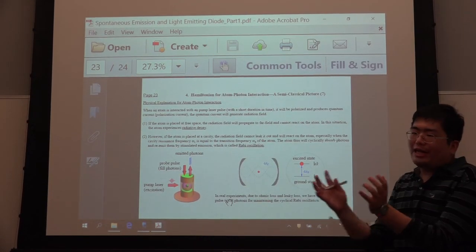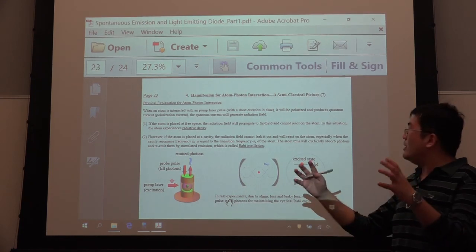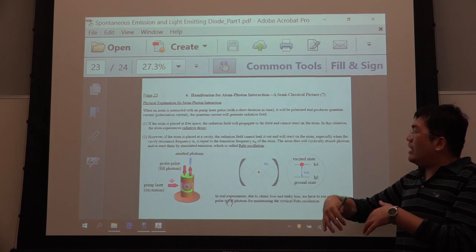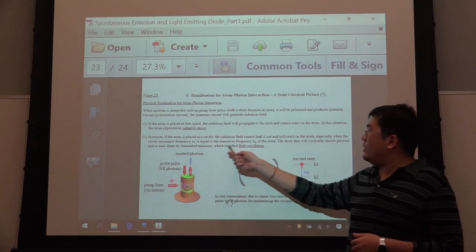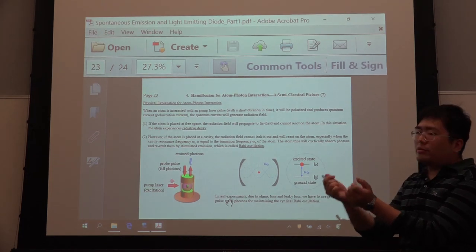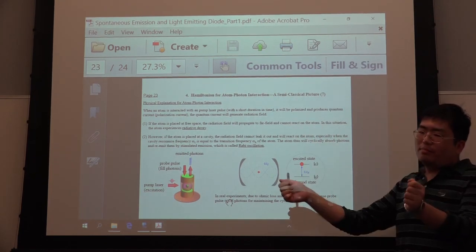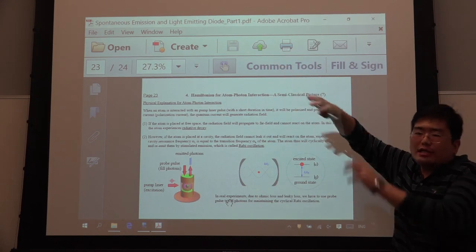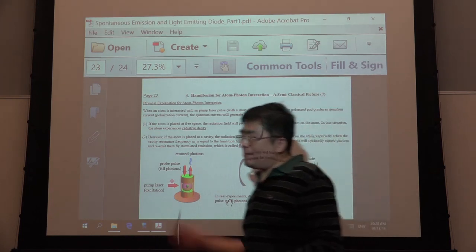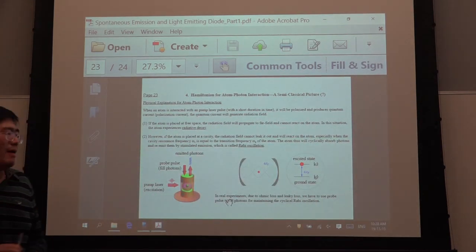the field cannot leak out. It just reacts to this atom, especially when the cavity frequency equals the transition frequency. So the atom just absorbs the photon and emits a photon. Because the emitted photon cannot go out, it will return back. This is called Rabi oscillation. So Rabi oscillation can be described by the equation I showed above.